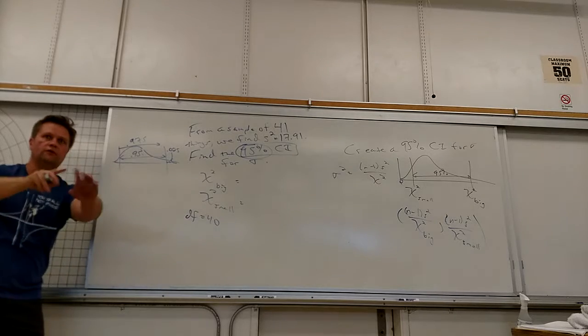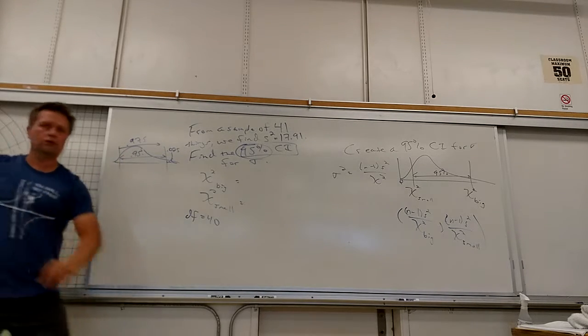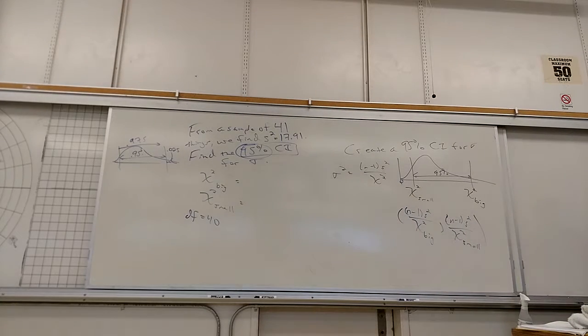So this is what I was talking about. The very first thing we did was look here, and I showed you that neat symmetry in the chart. I want 0.025. That's going to be chi-square big, because that's the one with just 0.025 above it. And then I also want 0.975, and see how they're symmetric to each other. So I want to go down both of these and stop.